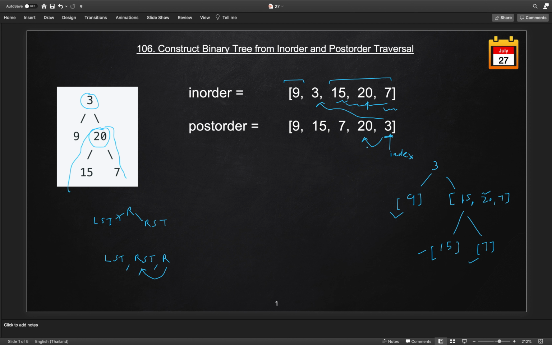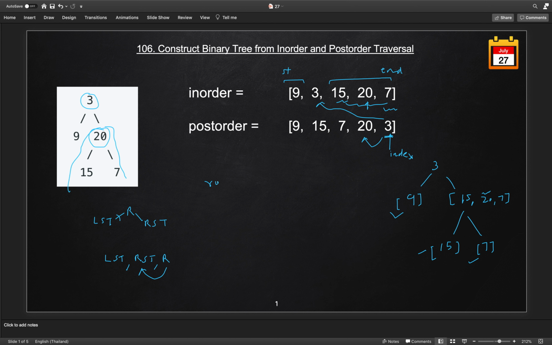For solving this, we will use the start and end index for the in-order array and one index variable which will keep track of the node we need to process from the post-order array, which represents the root of the subtree we are processing at that moment. For the right subtree, we will simply call the same method.